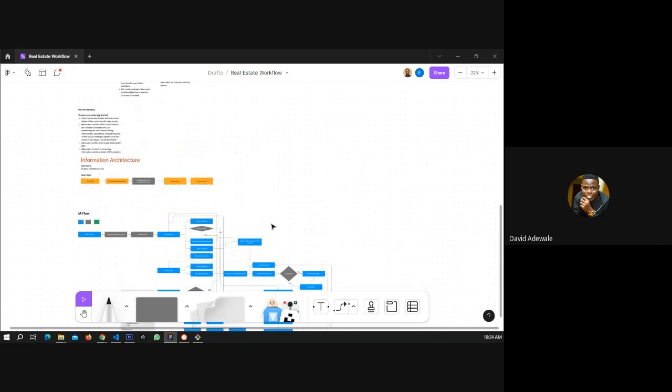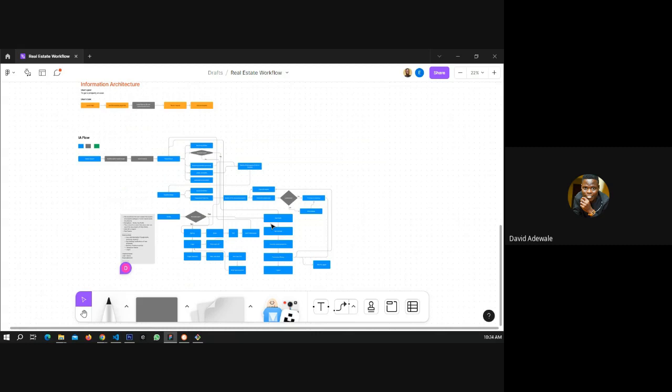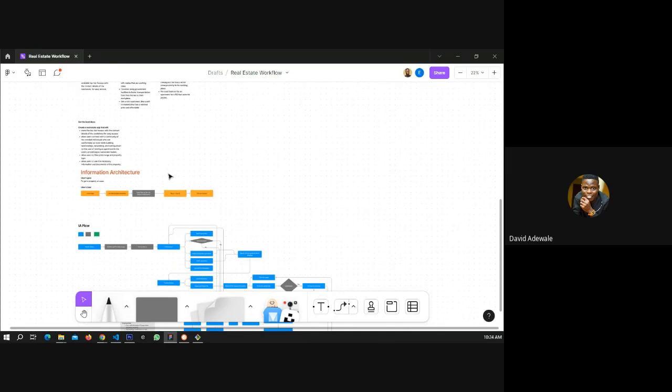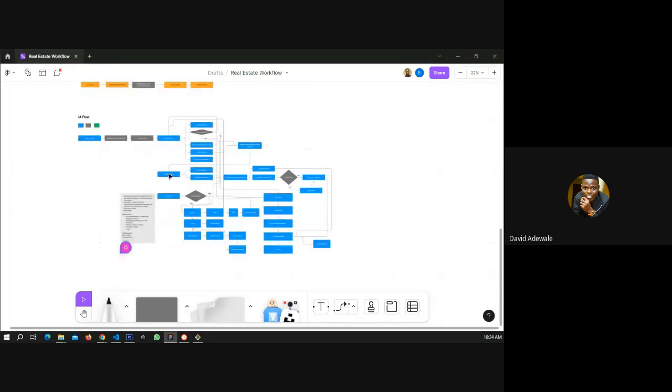So we are going to use our information architecture now to move down to the LOFI wireframe before we then prototype it. For that, I told you guys that we are going to be using Figma design. We won't be using FigJam for it. It's not that FigJam is very bad for it. It's not totally bad, but there are some things that we won't have free hand to use when it comes to FigJam.